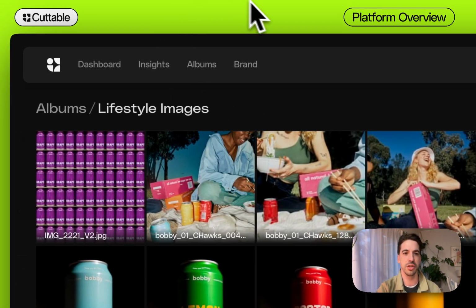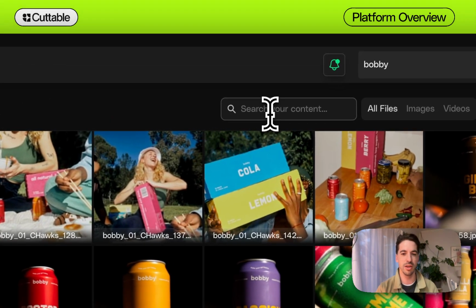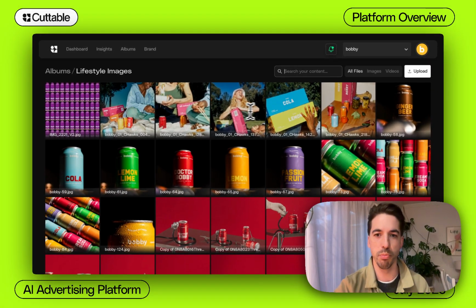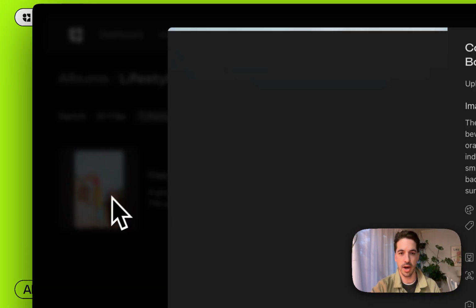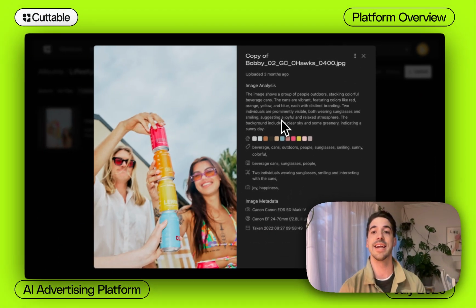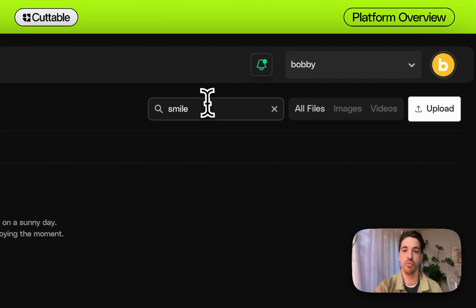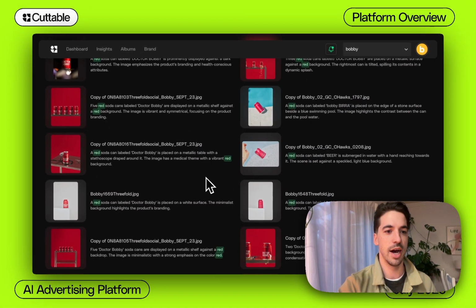Another big part of the foundation of Cuttable is within, if you go to albums, you can have a look at when you upload all of your imagery. This is like a really advanced digital asset management system. So our AI understands all of the components, from focal points of your images to what is in them. For example, if I type in smile, you can see the AI will actually go and find any images that you have that have people smiling. Or maybe if I want to go red, it will find all of the shots of red cans, red backgrounds,